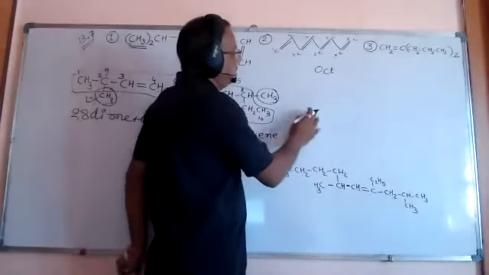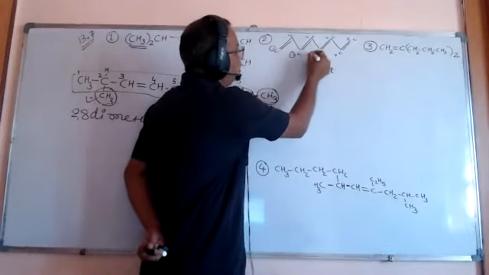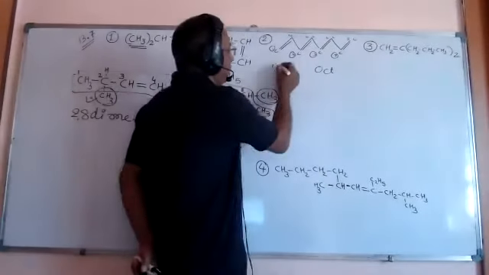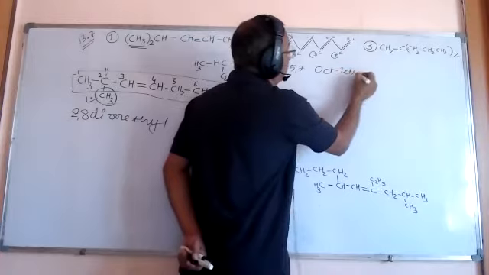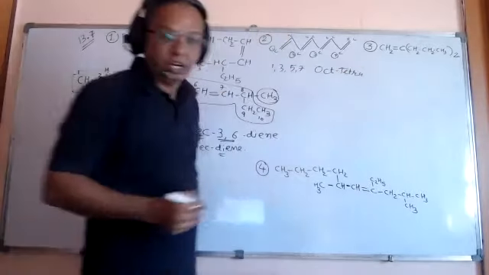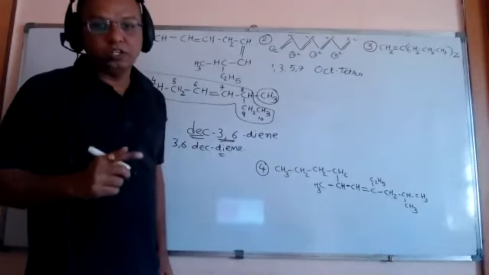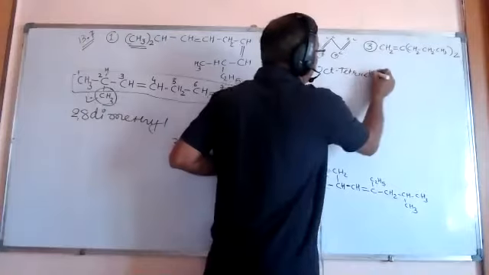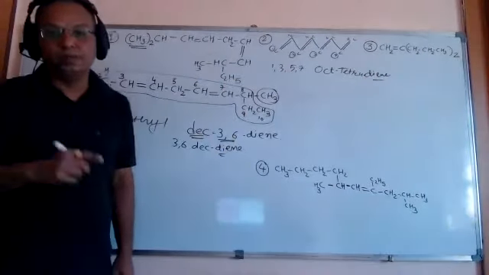Okay, on which carbons are double bonds present? On the first carbon, a double bond is present. On the third carbon, on the fifth carbon, and on the seventh carbon. So 1, 3, 5, 7. How many times? 4 times. For 4, it is tetra. And what is present 4 times? Double bond. So tetra-di-ene. So the name is 1,3,5,7-oct-tetraene.